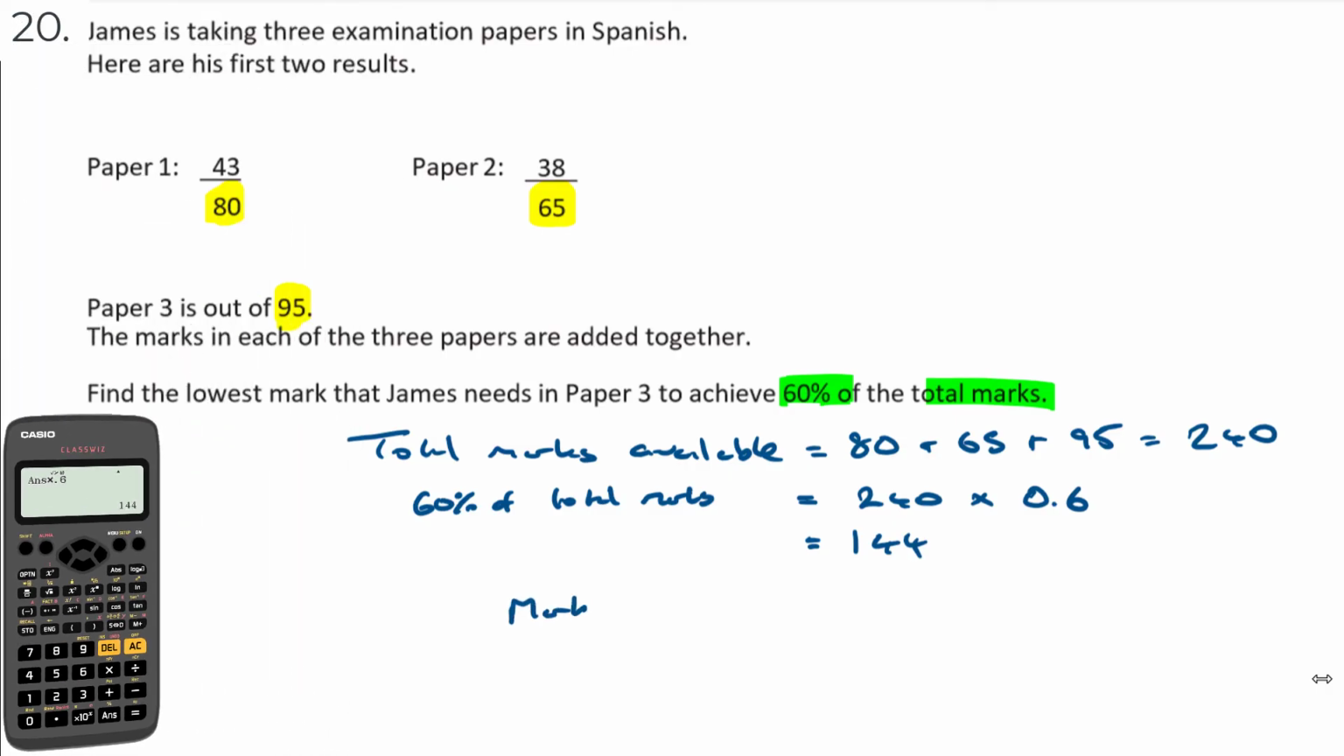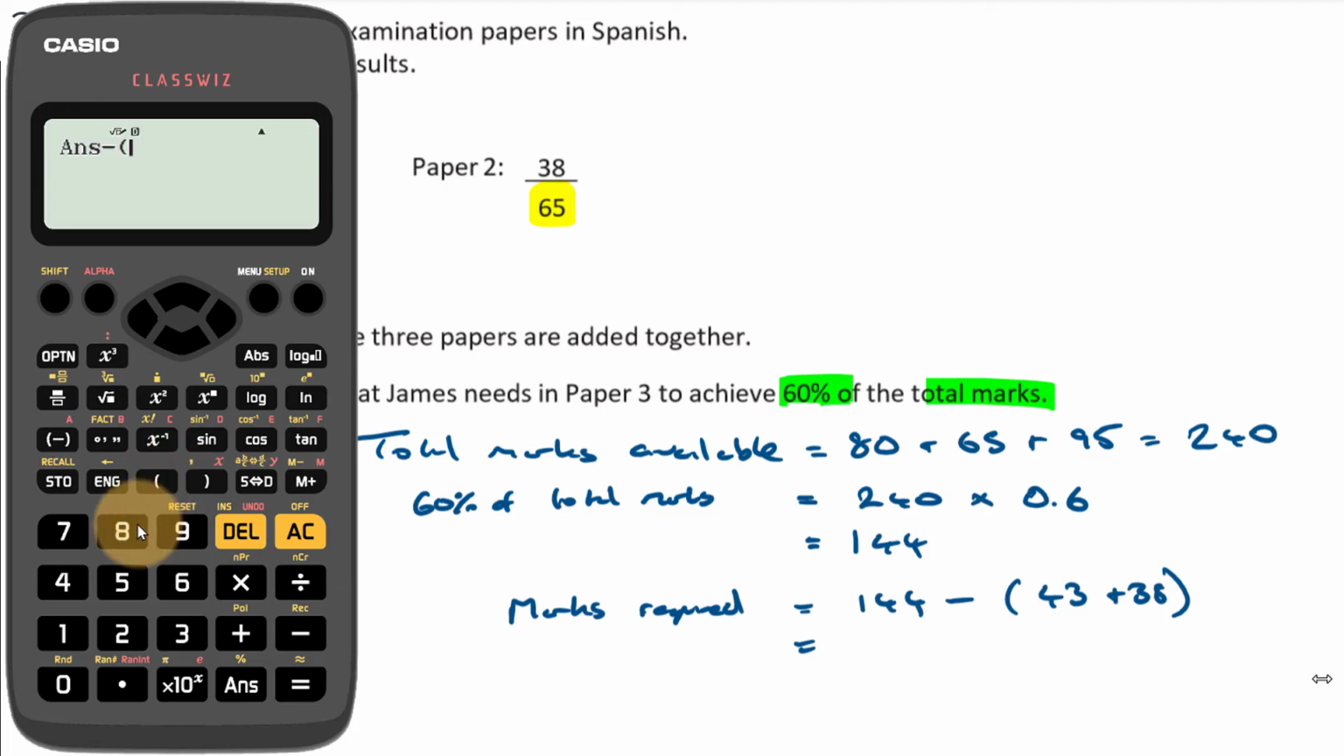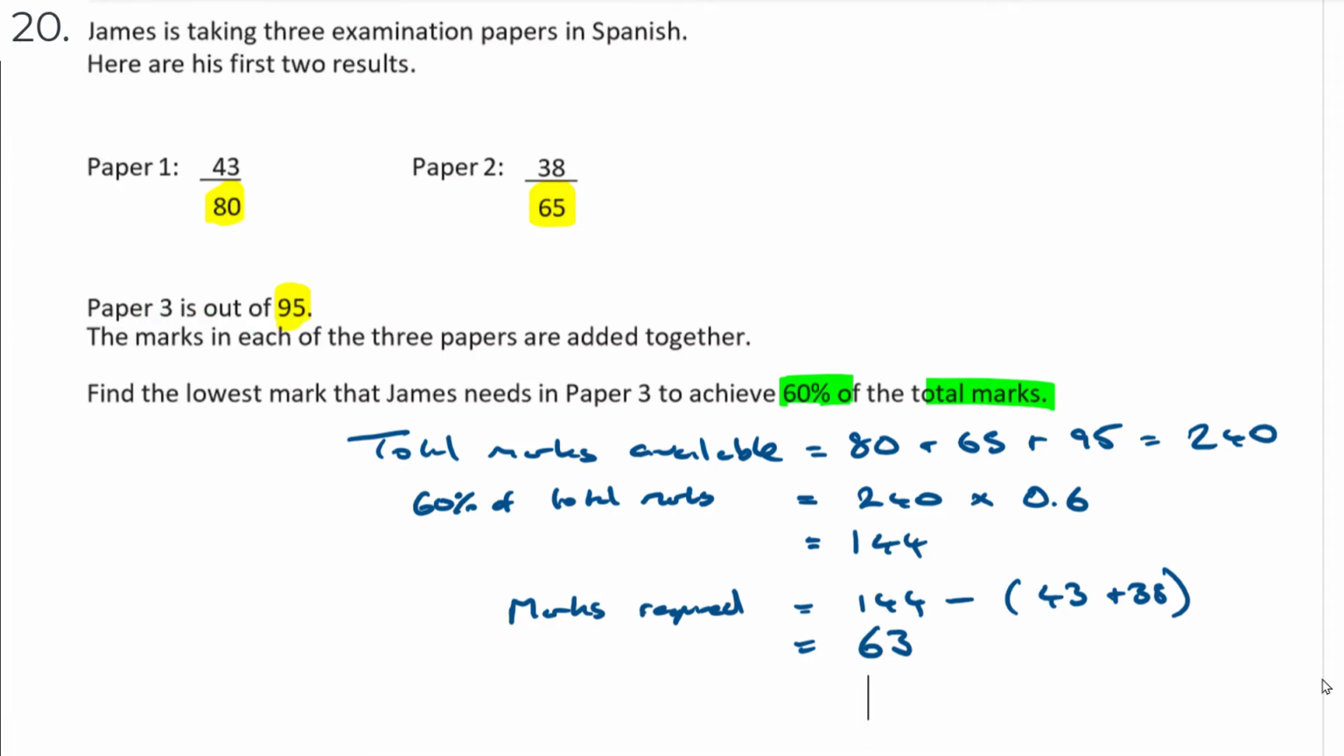So therefore the marks required then are going to be that 144 minus the 2 scores he got in the other papers. He got 43 in paper 1 and 38 in paper 2. So adding those 2 marks together and taking it away from 144, so minus 43 plus 38, that comes to 63. So he's going to have to do pretty well on the last paper then to pull it off. 63 out of the 95 marks. So James requires